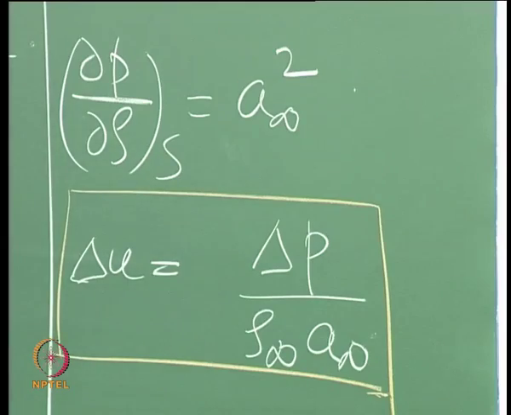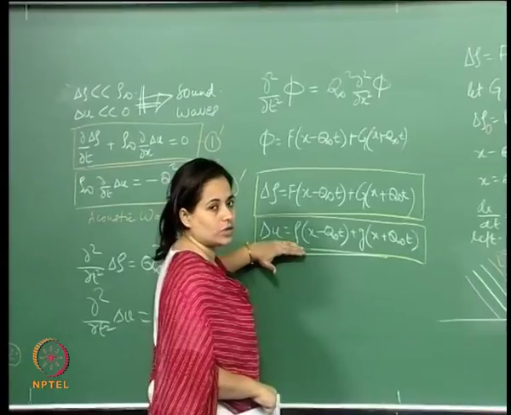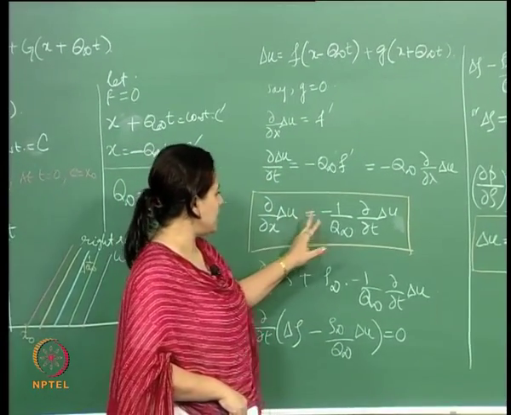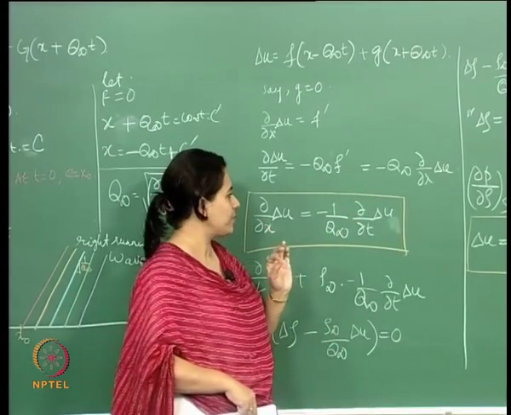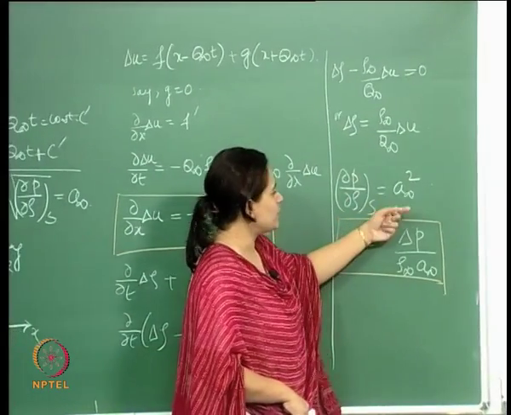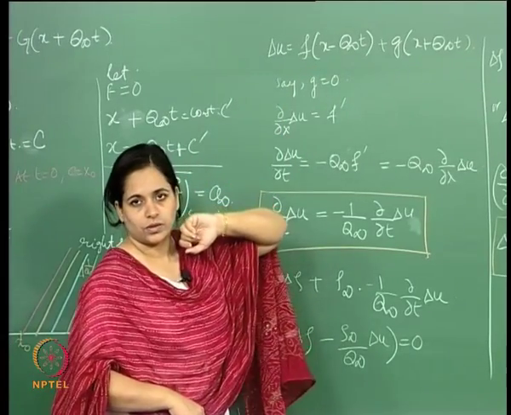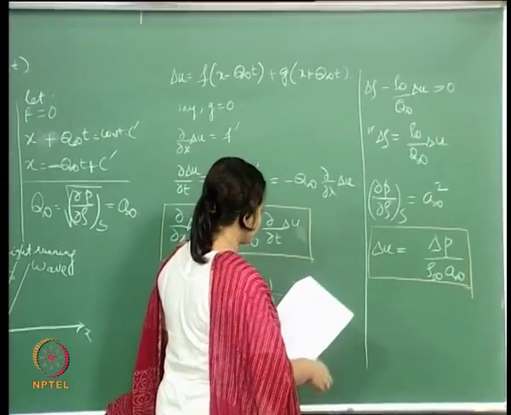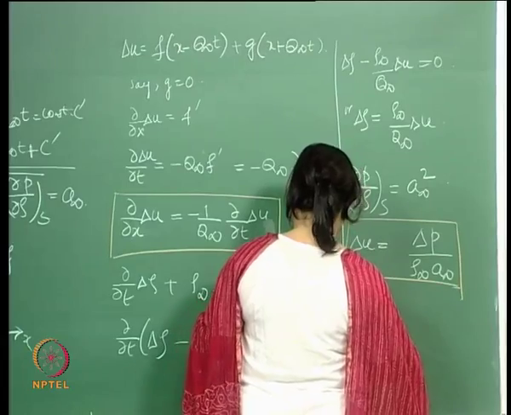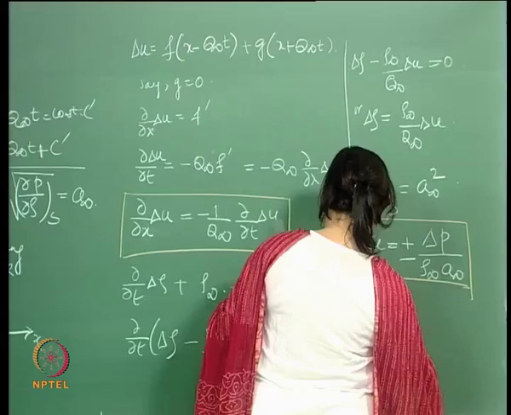Let us just remind ourselves what we did. We took this solution and did the same thing as we did for this. At first we said let g be equal to 0, and then we worked with this and incorporated this term into the linear perturbation theory continuity equation, combined it with the expression for the speed of sound, and came up with this relationship. Now we can do the same treatise by saying that this goes to 0. With f equal to 0, I can write this as, so delta u is this, and again this is equal to